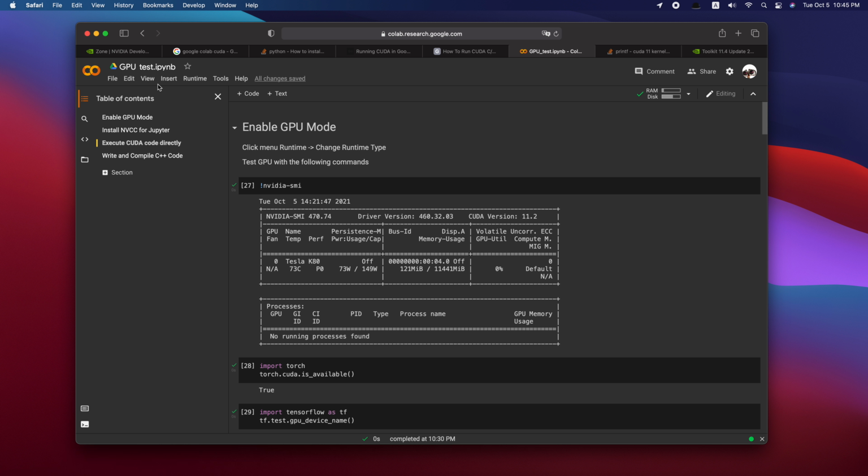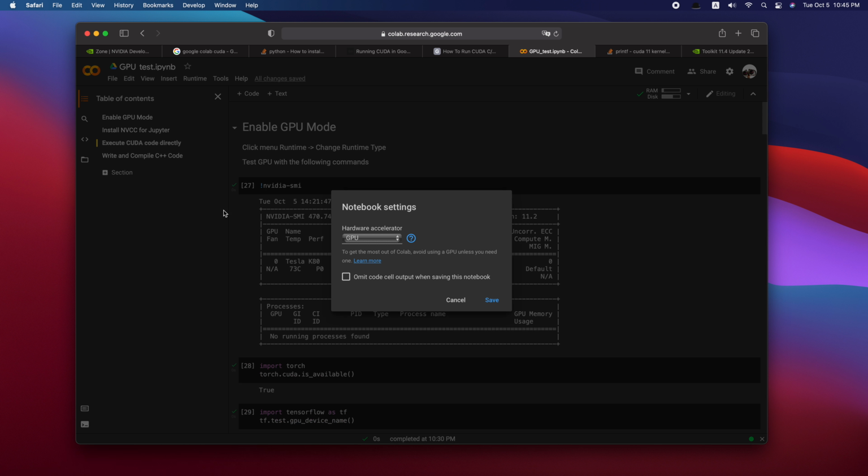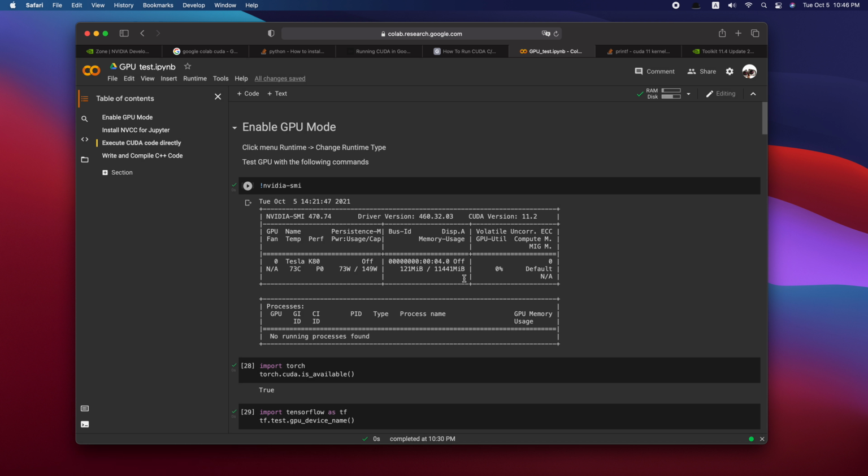First, log into Google Colab, create a new notebook, and make sure the change runtime type is set to GPU, and use here to connect to a hosted runtime. Here you can see my allocated runtime has 12 gigabytes of RAM and 70 gigabytes of disk. First, check the environment of NVIDIA tools.